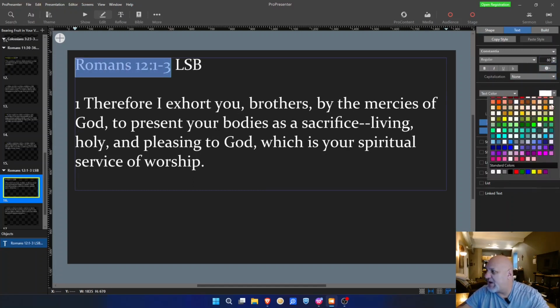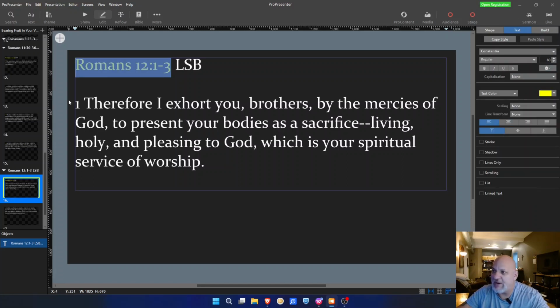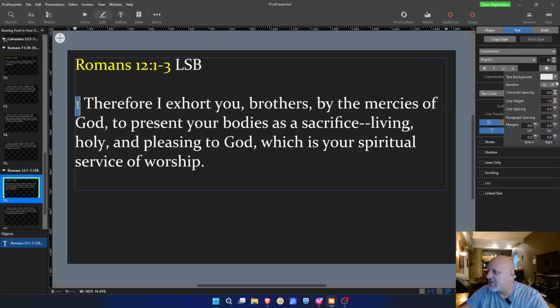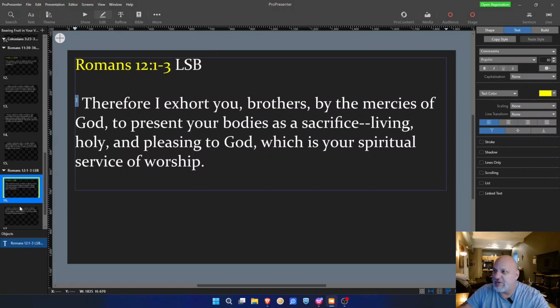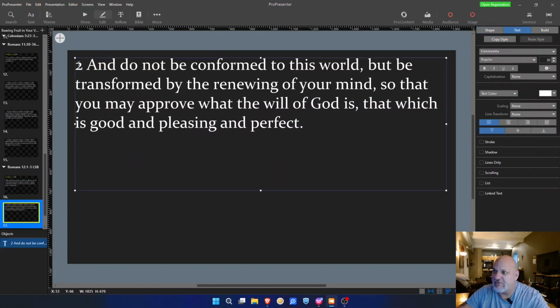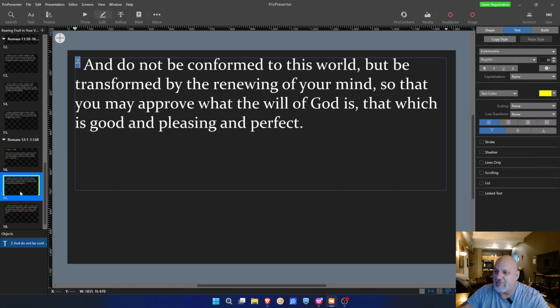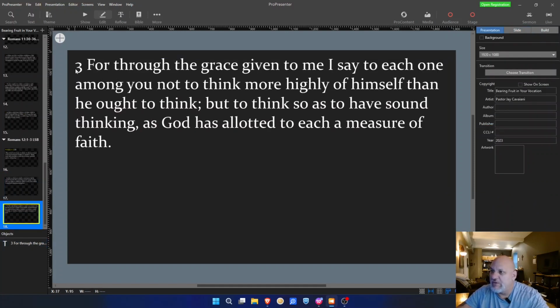Again, it's just a matter of highlighting and giving it the format. If it's a single character, you want to put that cursor so it's blinking in front of the 1, and then double click, and then it will get that actual single number. We'll go ahead, color it, and then superscript it. We'll go down to the next slide, which is verse 2. Again, we're going to superscript and color. And we'll go down to verse 3. Again,